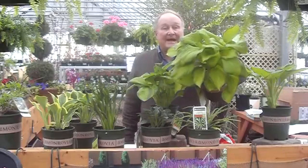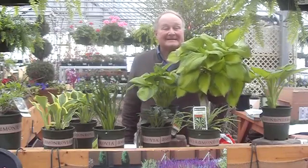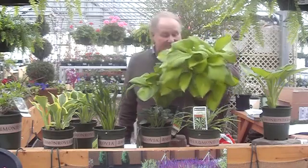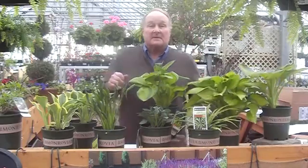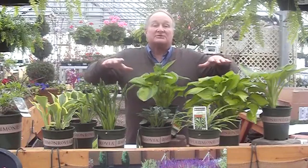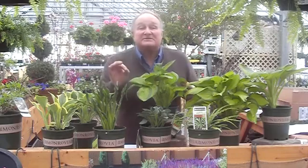This was the 2007 Hosta of the Year. It's called Stained Glass. Isn't that absolutely gorgeous? One of my favorites. Nonetheless, hostas are in a class by themselves. They're actually a member of the asparagus family, believe it or not. And they regenerate. They grow larger, not in height, but by their vegetative root structure called pips,